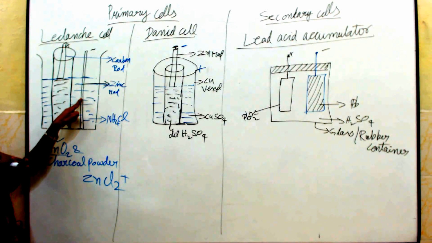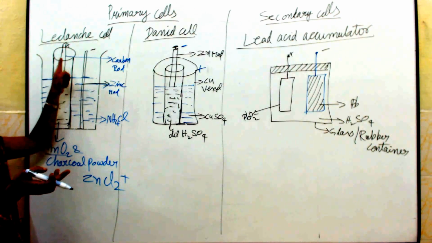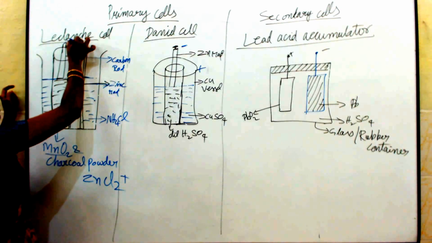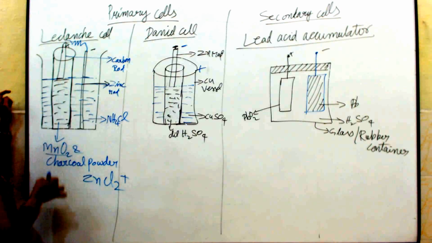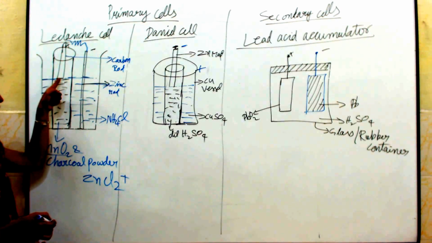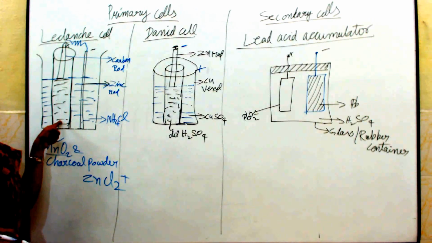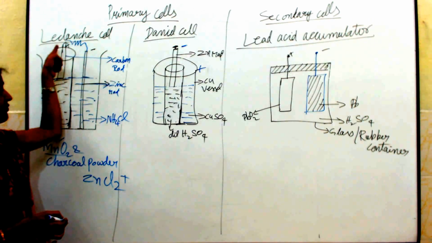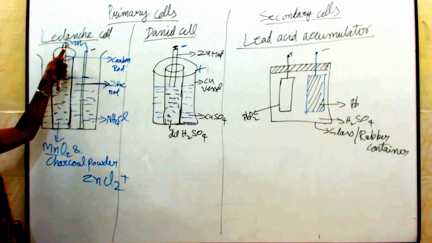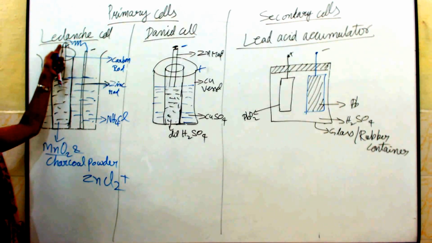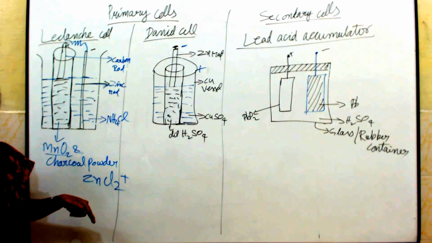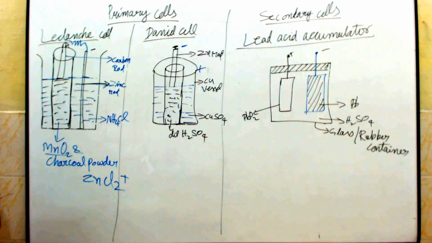Here the zinc rod always has an excess of electrons. When these two are connected externally with a wire, the electrons here will pass through the wire externally and they will neutralize the positive ions on the anode. This is the way current flows. Since electrons are flowing like this, current will be flowing in the opposite direction externally, that is from carbon to zinc. How does the current flow here? From carbon to zinc. So make a note of it.